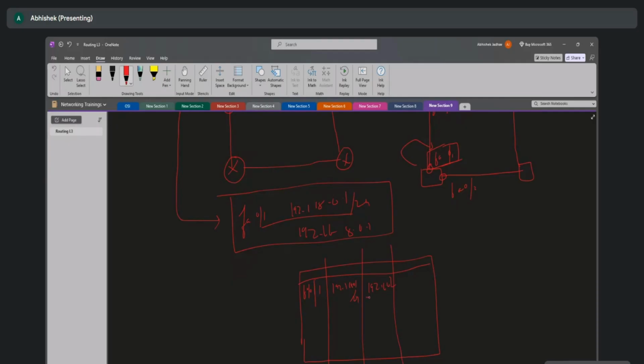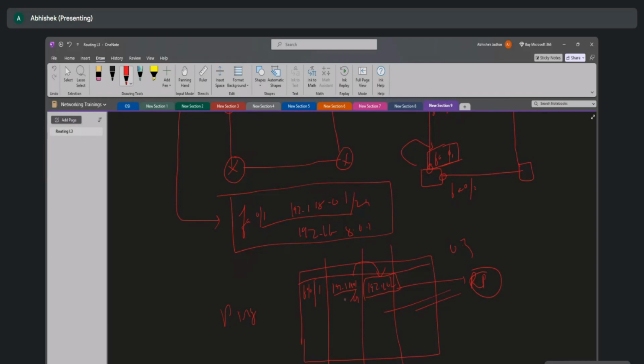right? So the major advantage of a default gateway is, if any packet is egressing out of this particular IP address, for example if you are trying to ping, you are sending a ping to some other IP address within the network. Let's assume you are sending a ping to 192.168.0.3. Then what will happen is, it will first go through the default gateway, and from there it will see where it has to go according to the routing protocol we have configured,